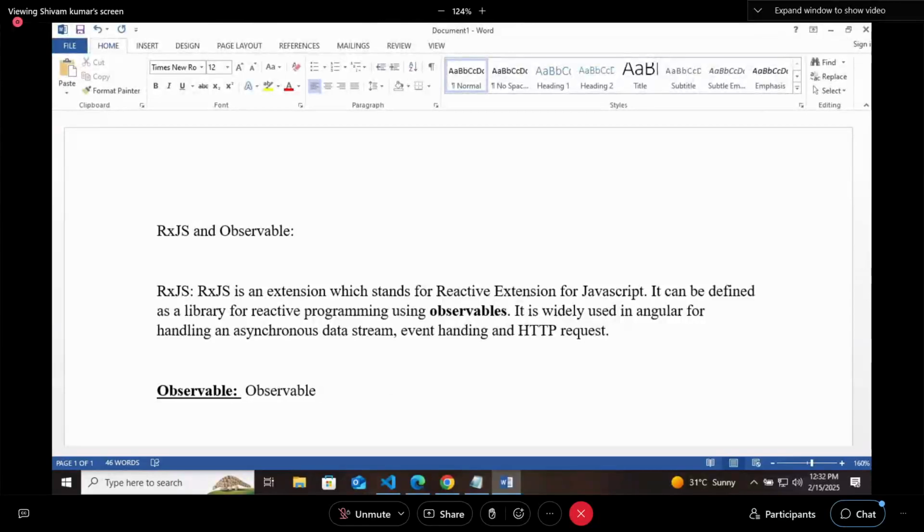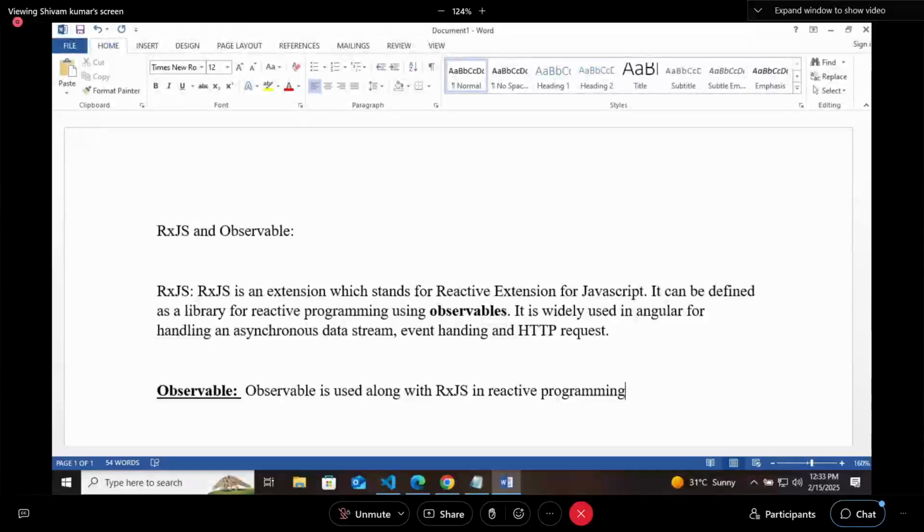Observable is used along with RxJS in reactive programming. Where we use it, we use this observable along with RxJS in reactive programming.